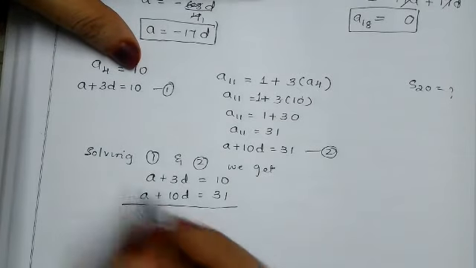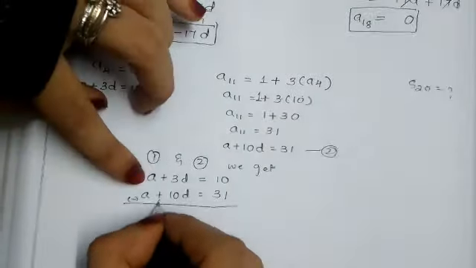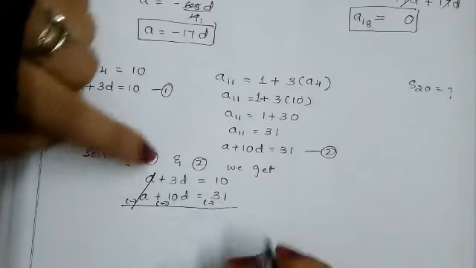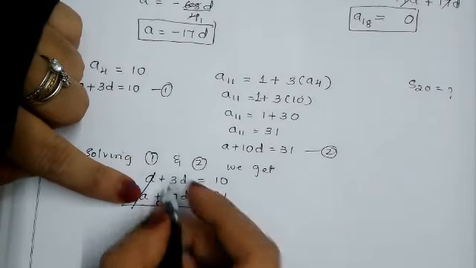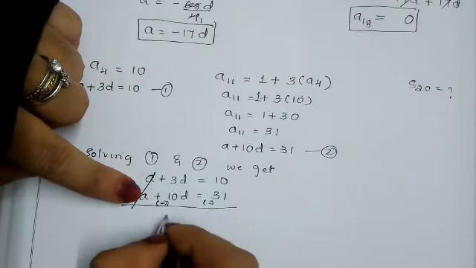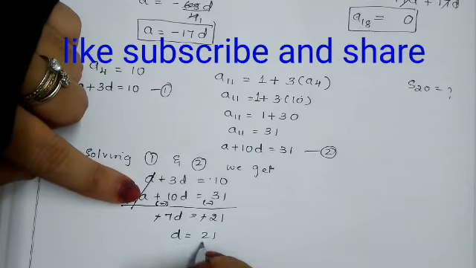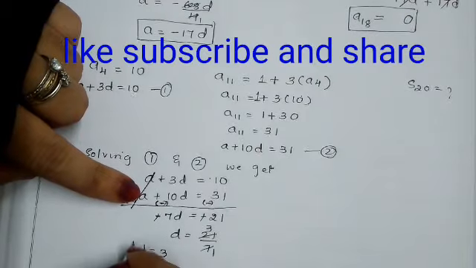What we have to do? We will change the sign. Minus, plus we have minus. Plus means again minus. So a gets cancelled. Plus minus minus: 10 minus 3 is 7d. Greater number 10 minus 70. Plus minus minus: 31 minus 10 is 21. The greater sign is minus, and minus minus get cancelled. d is equal to 21 by 7. 7 threes are 21. We got the d value is 3.